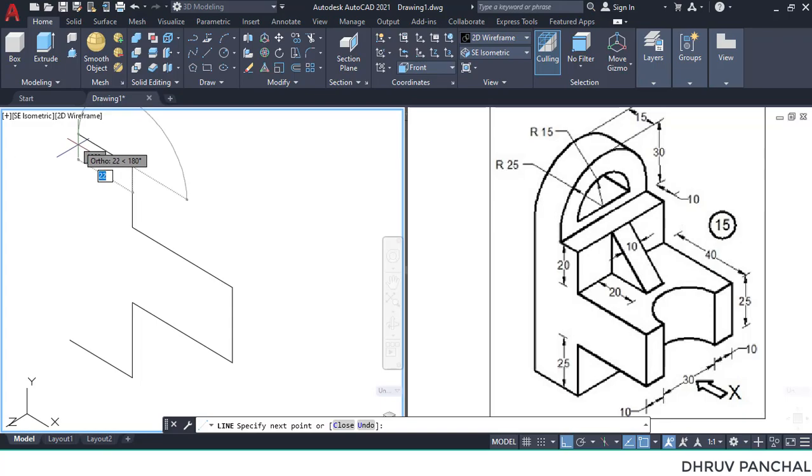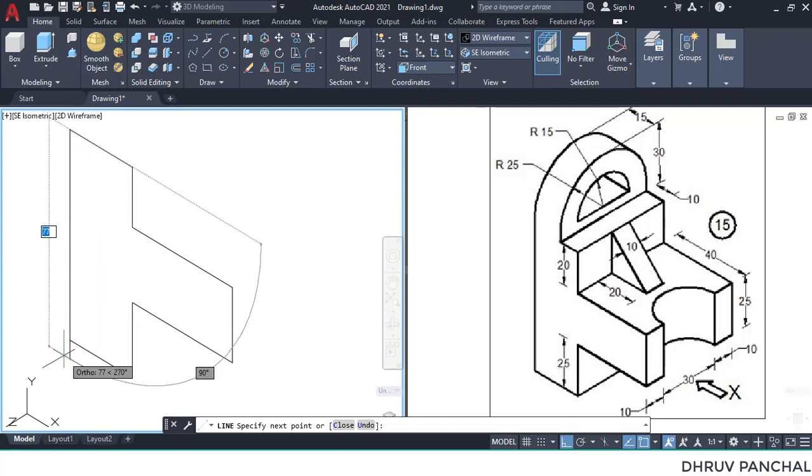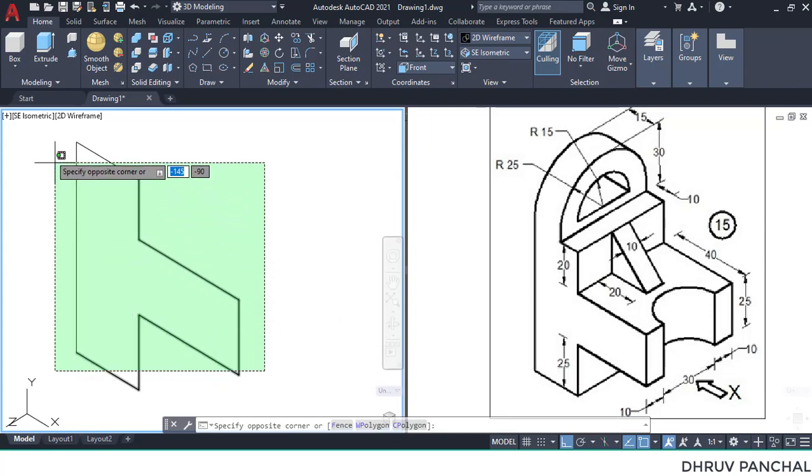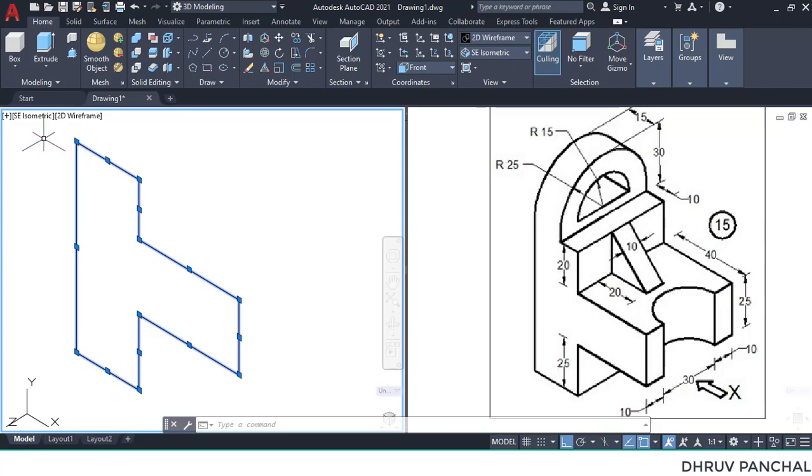Now again give the direction and length of the line, which is 25 millimeters, and connect the end points of the lines. So we have a 2D drawing. Now select this drawing and using join command convert it into the single entity.